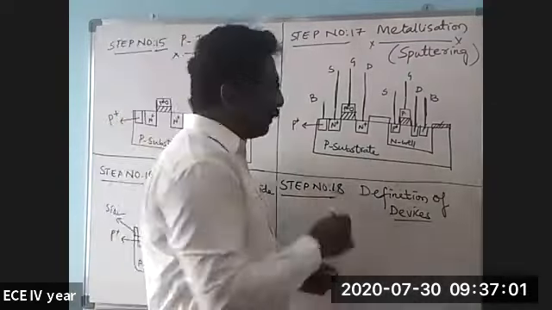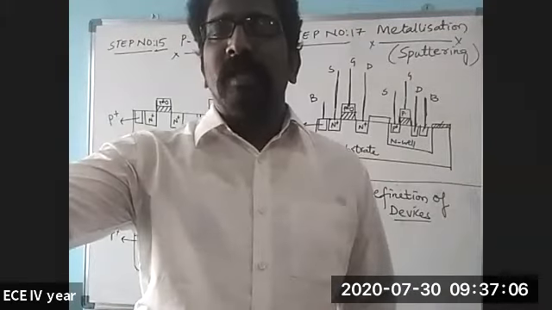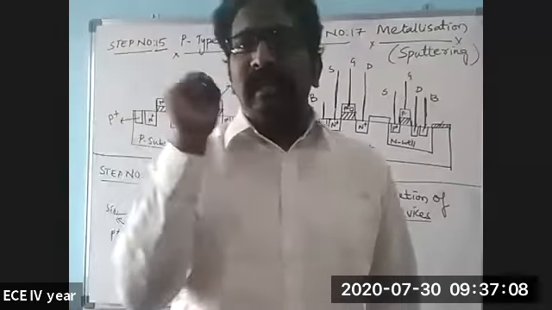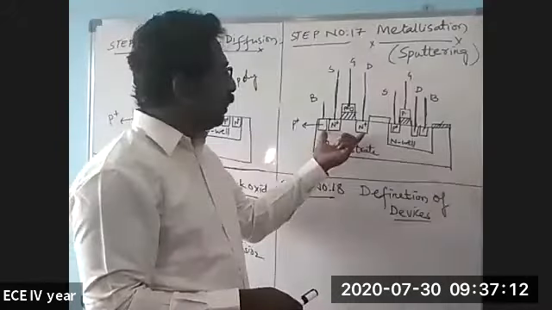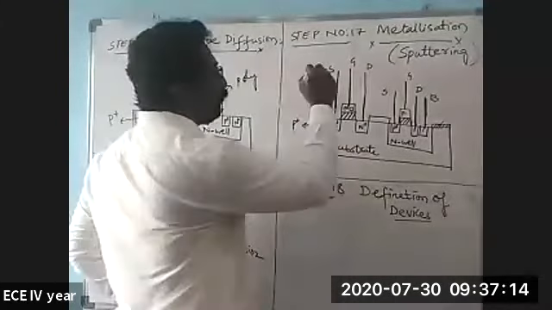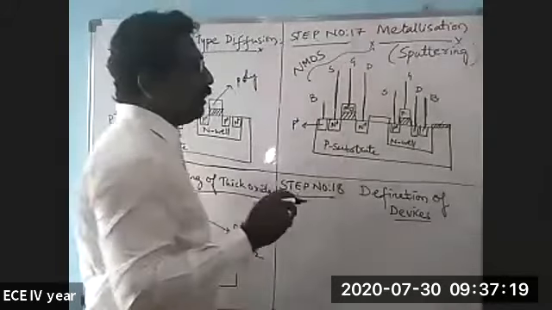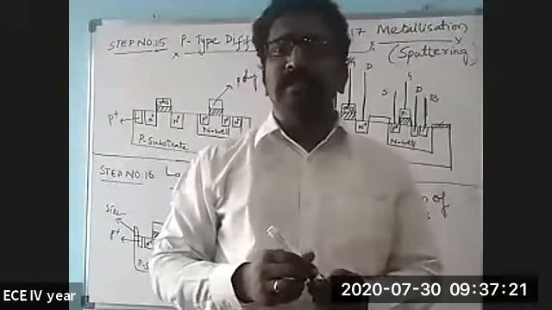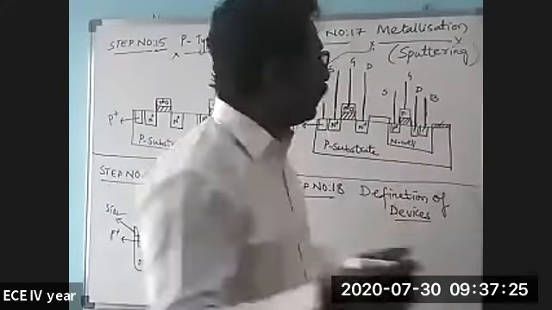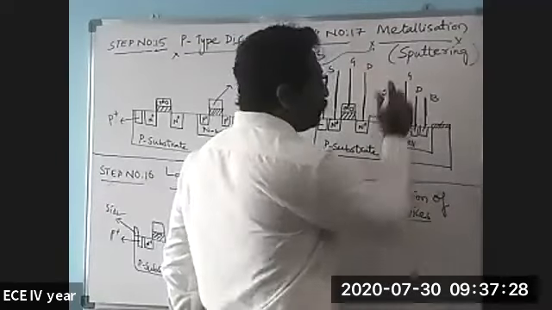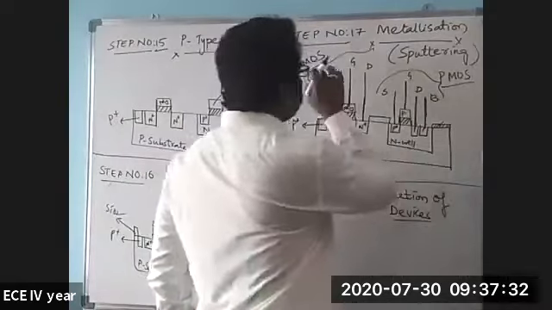See now, always keep in your mind, if the substrate is of P-type, then the device which is formed will be of N-type. So now here, the device which has been formed is an N-type device. This is NMOSFET. And if the substrate is of N-type, the device which is formed will be of P-type. So now, the substrate here is N-well, so the device which is formed here is PMOS. So this is NMOS and this is PMOS.